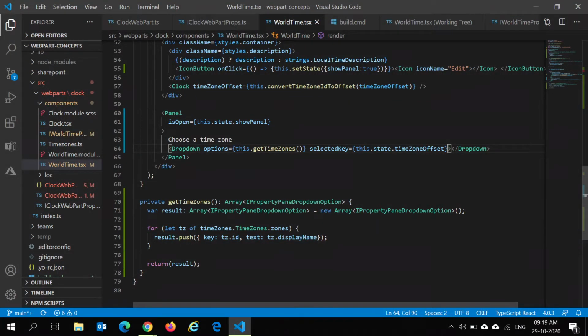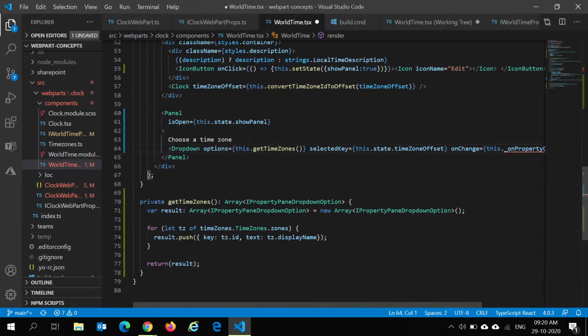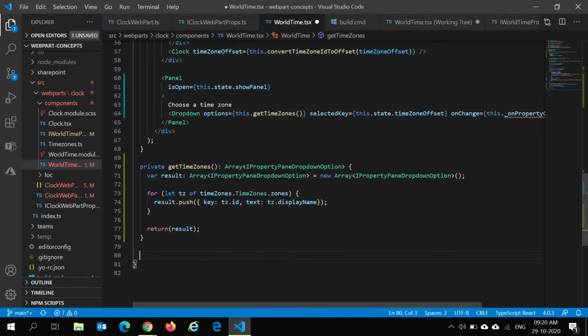Whenever the drop down is changed, I need an on change event. So when the value is getting changed, let's say this dot on property change will be my function, the change handler. So let's quickly create a function.